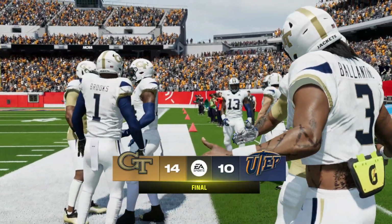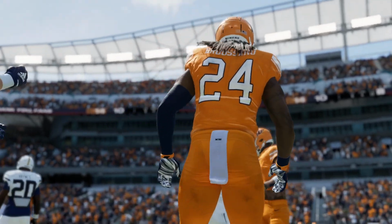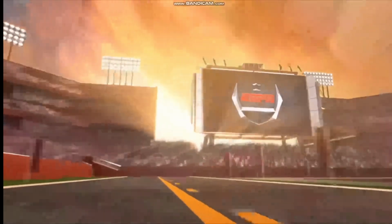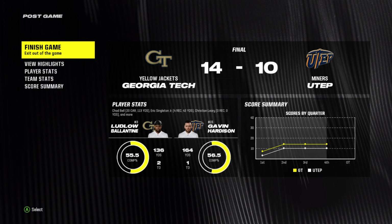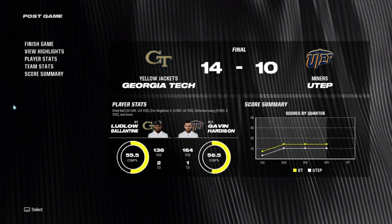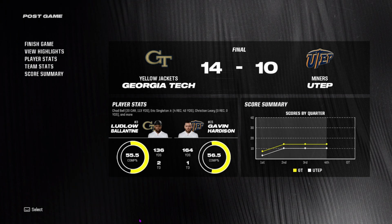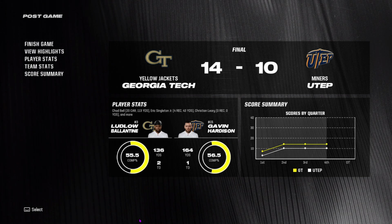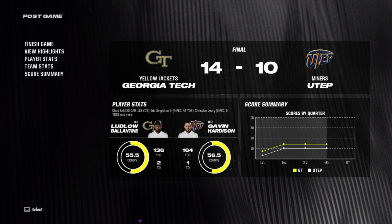Well, this is one of those games where if you win it, it feels extra special. But to lose a close one like this, Charles, remember where they didn't score any points in the second half, that has to sting a bit more. Absolutely, and I really think that they're going to spend so much time poring over this game film, trying to figure out where their calls went wrong, how they didn't execute on certain plays. They were so close. Yeah, this one's going to linger for a little while as they try and